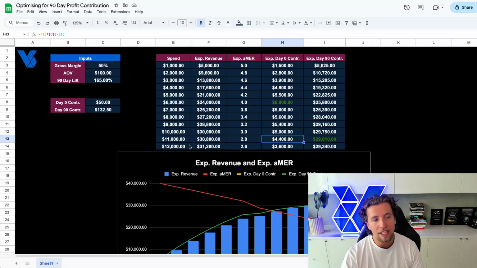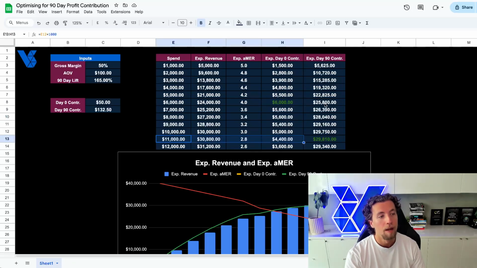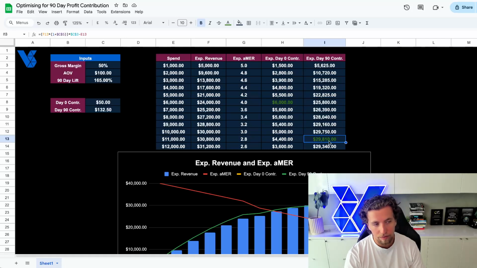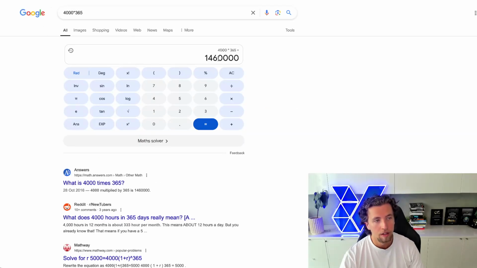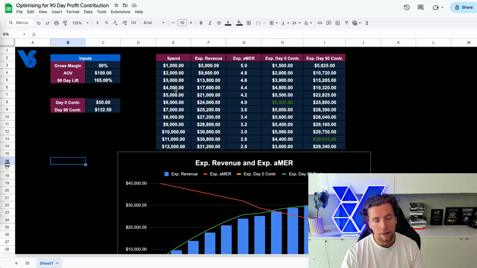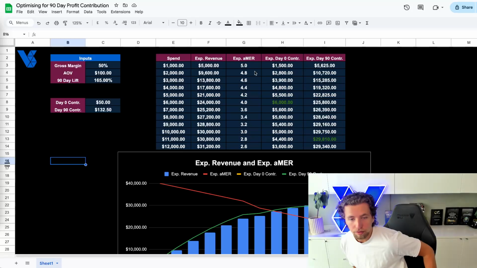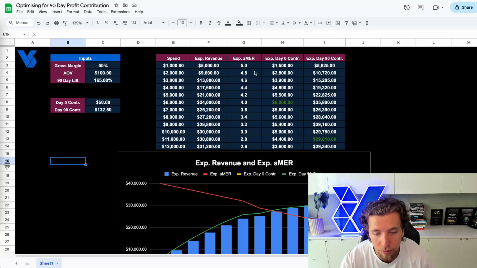And yes, you would have less profit initially, and so you would have to finance this in some capacity because you're likely not running very profitable here. But over the course of the year, you'll make, this is $4,000 on the dot more. And so this ends up coming out to $1.46 million. Now, if I was running this brand, I wouldn't go and optimize towards day 365 contribution profit,